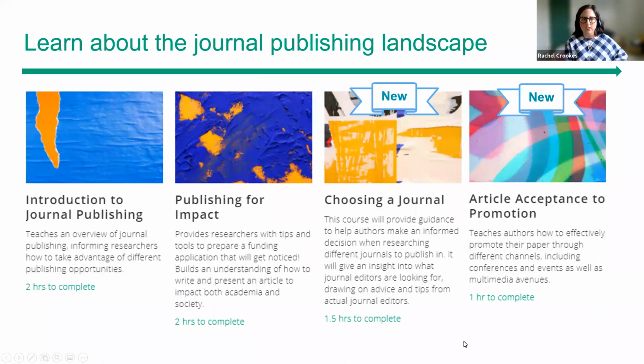So our courses on this topic fall into 2 main areas. The first area is journal publishing landscape. So in this area of topic, we have 4 separate courses. We already have launched our Introduction to Journal Publishing course, which looks at the overall landscape and how different publishing opportunities might present themselves. And then we have a second course on impact and how to consider impact when writing your journal article. The 2 new courses that we have in this area for July are on choosing a journal,